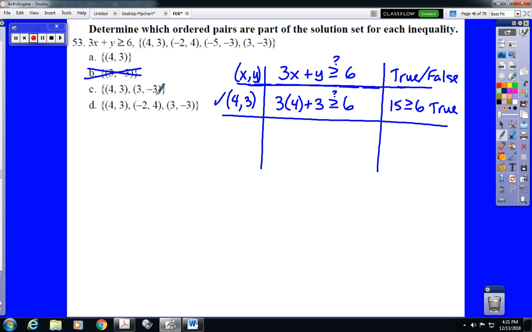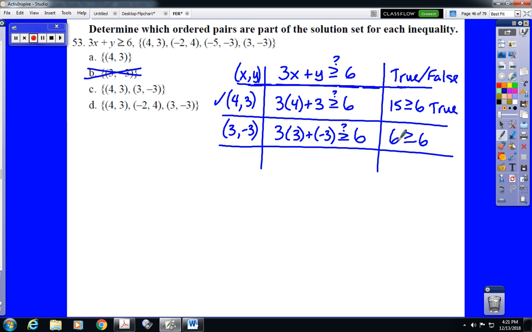Now looking at what's left, 2 of them have (3, -3). If we test that point next, that might be enough information to finish the entire problem. We're going to do 3 times 3 plus -3, and we're checking to see, is that greater than or equal to 6? Well, 3 times 3 is 9, 9 minus 3 is 6. Is that a true statement? Yes, that is a true statement. So (3, -3) should be part of the solution set,